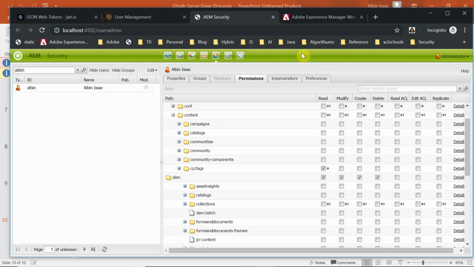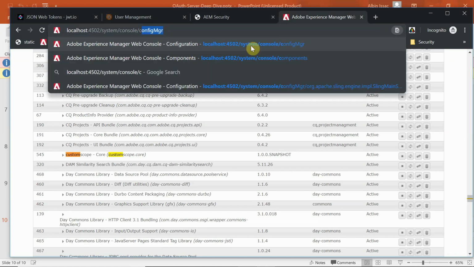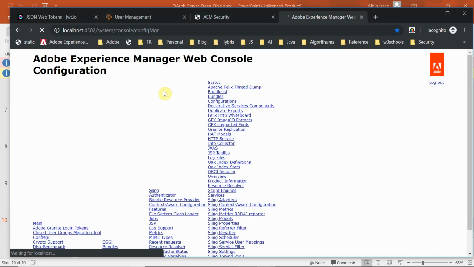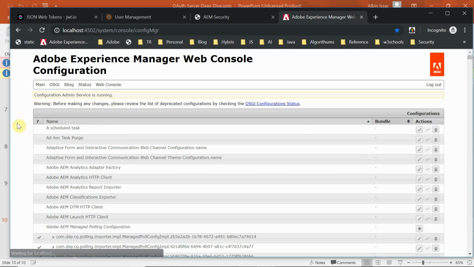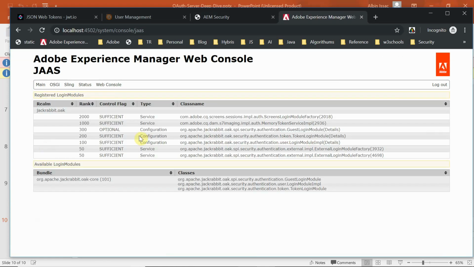As a next step, by default the Adobe Granite JWT server authentication handler is not enabled, so we need to enable it. For that, go into the console, Config Manager. If you go to Main, Jobs, just click on that. If you see here, there is no JWT token. It's not enabled. This is the login module.